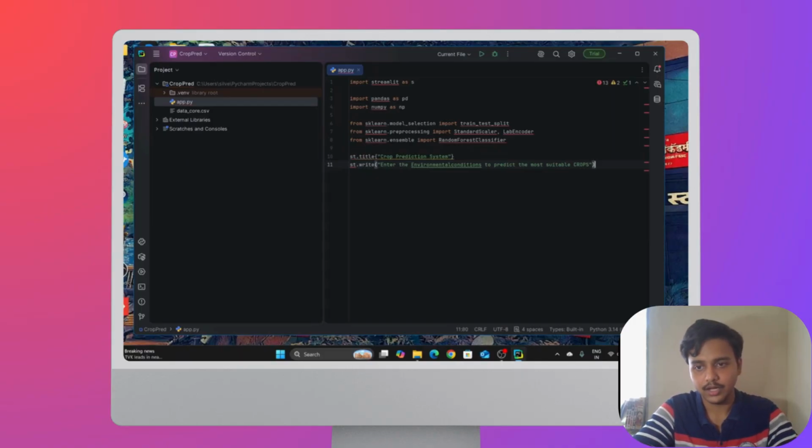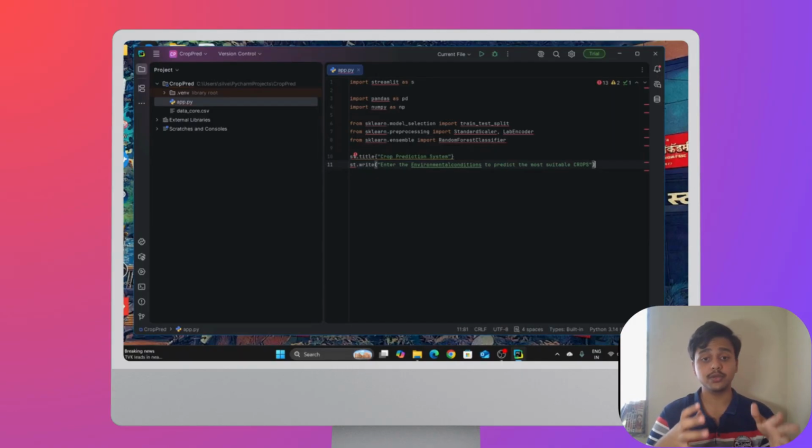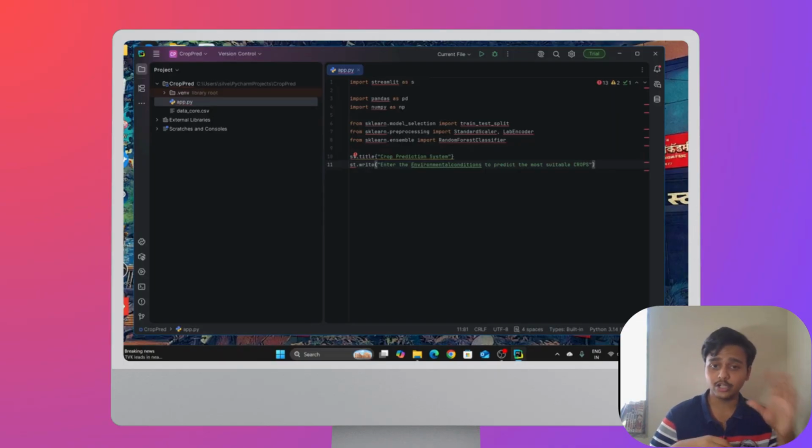Okay, and these lines are used to create the UI. So the title is on the top and the description is written below it. Okay, so see how simple it is.